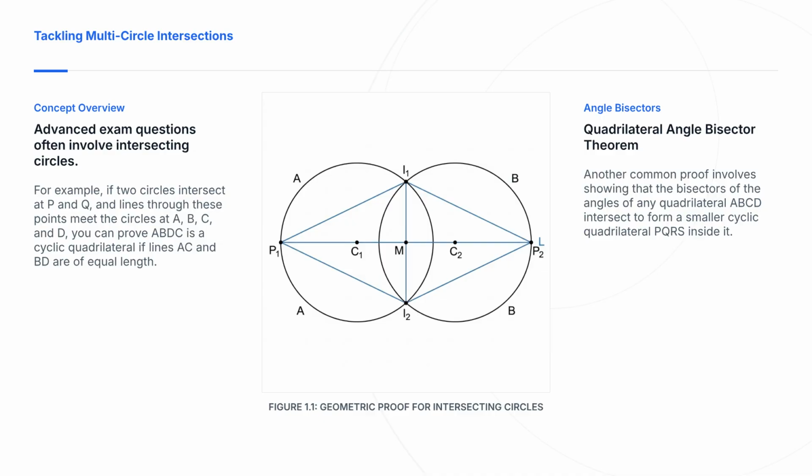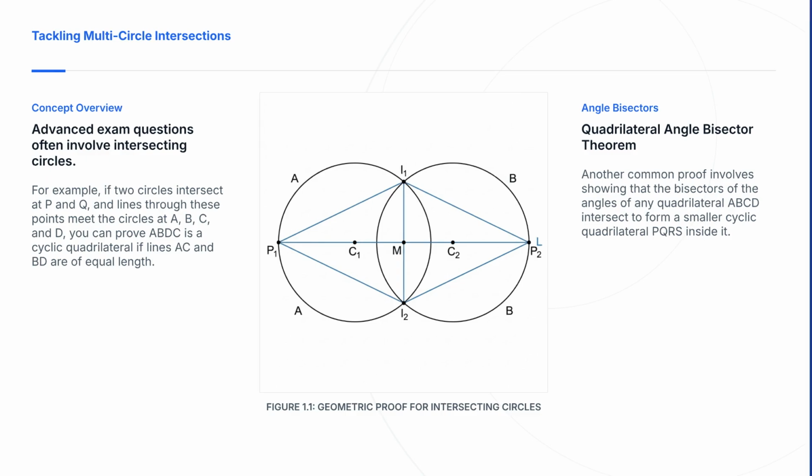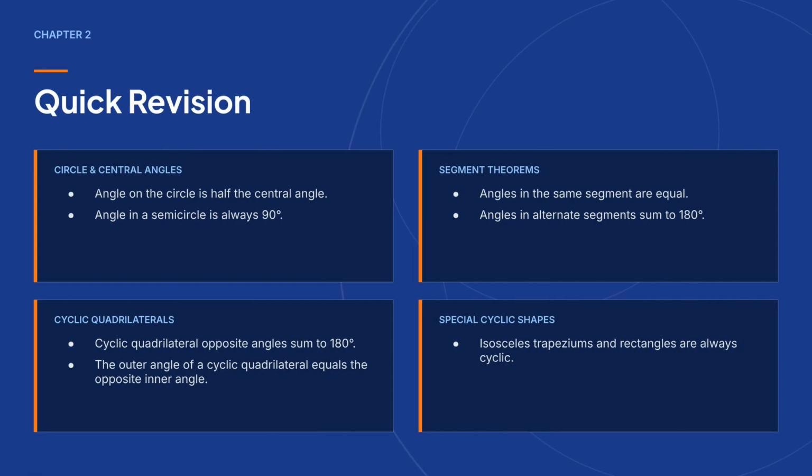Advanced problems may involve intersecting circles or angle bisectors. By identifying these properties, such as proving segments of intersecting circles create new cyclic quadrilaterals, you can solve even the most complex exam questions. To wrap up, remember these key takeaways: half-angle properties, the 90-degree semicircle rule, the 180-degree sum